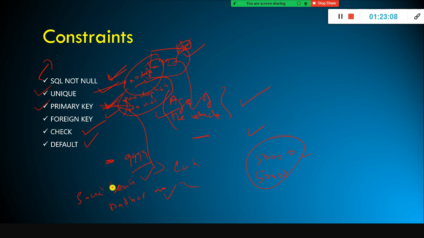So what is the example for unique key? Can I have a null value for the Aadhaar number? You cannot have a null value. Or social security number, you are not supposed to have a null value. It is mandatory. This is another example for not null, and also it is unique. So look here. In the case of primary key, no duplicate. My Aadhaar number should not be used for another person, and the same record should not be repeated. My record should not be stored more than once, and also no null values. In the case of the unique constraint, the same rule is applicable, but there is an exception. The example for unique key is phone number.